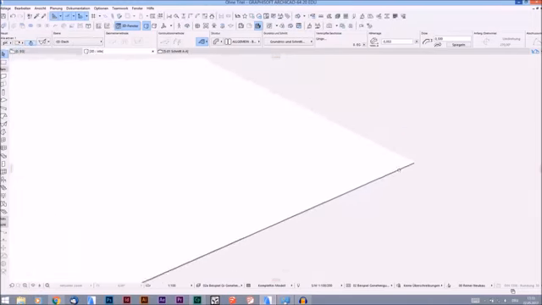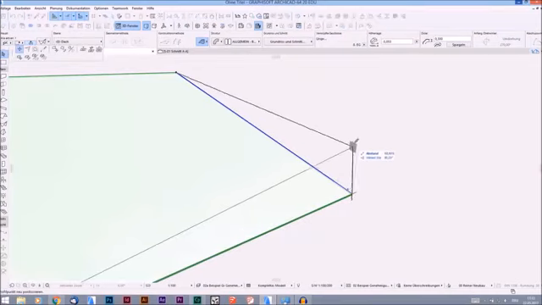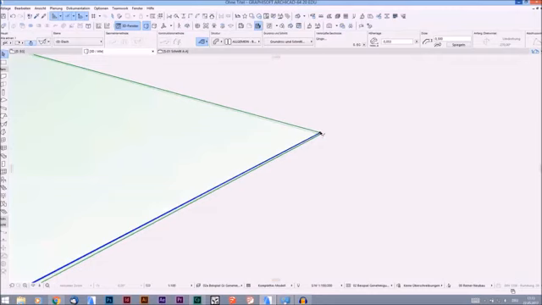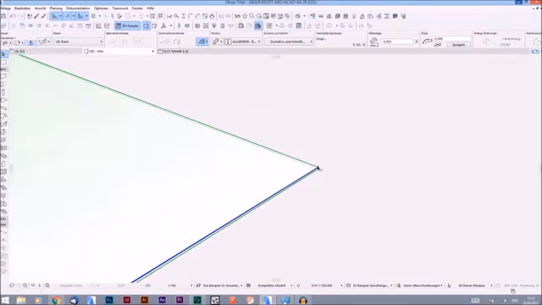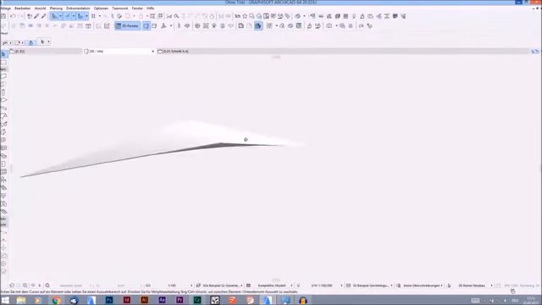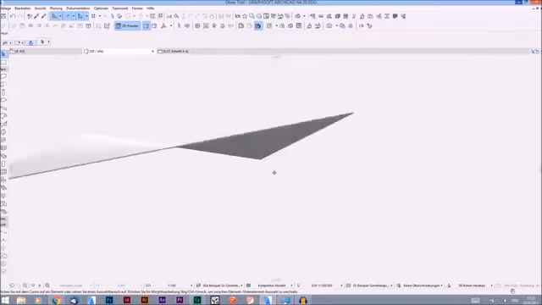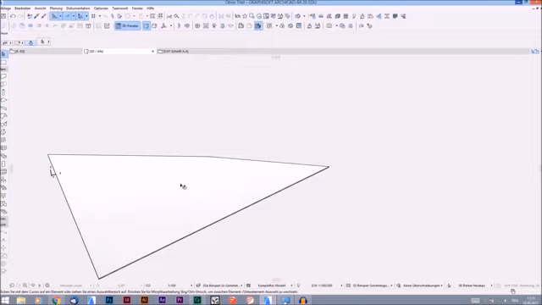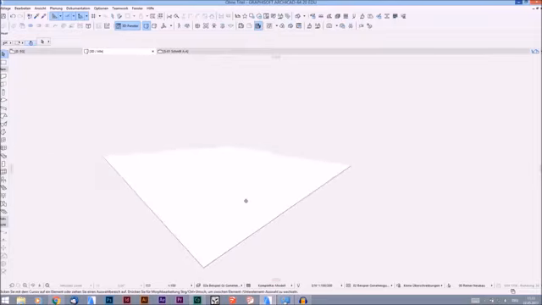And I will put this point up as well. And the last one goes down. So we have an effect that the stadium roof will look like a paper